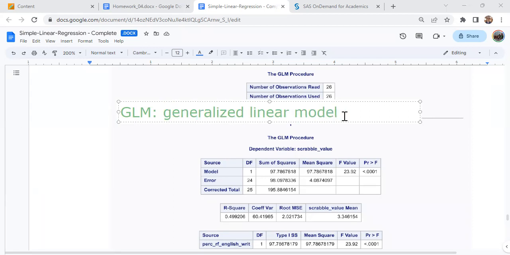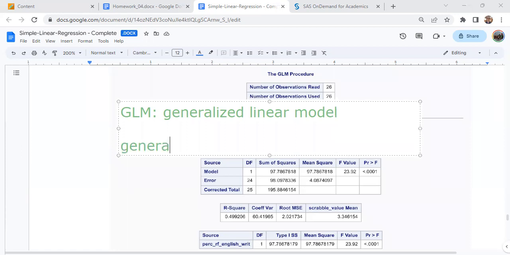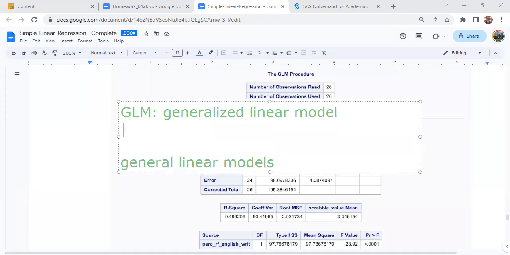So that is that. And not to be confused, I remember in grad school, one of my professors used these interchangeably, but they are not interchangeable. There's also general linear models. They really need to get a little more creative with the naming in statistics, but these are not exactly the same thing. So linear regression models are cases of general linear models, which all general linear models are GLMs. So it's kind of like